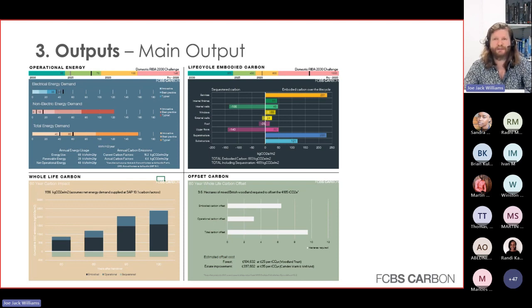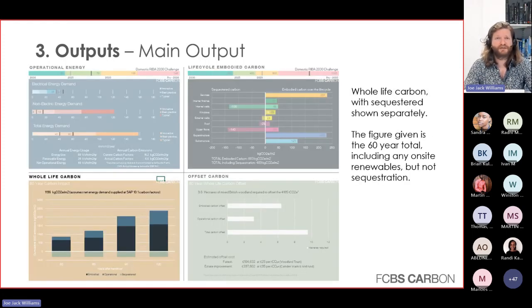What does it actually mean? It's quite a complicated thing. So we've converted carbon into areas of forest, into hectares, and it just gives you an idea about how much forest you really need to offset your building. So it's really quite an interesting thing to see. Quite often we get clients asking if I put a tree on my site, will it help? The answer is yes, it will help. Trees are always fantastic, but you need a forest to offset it. It's pretty much always the answer for us.